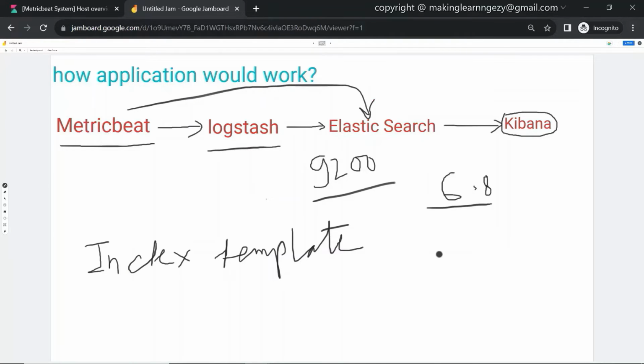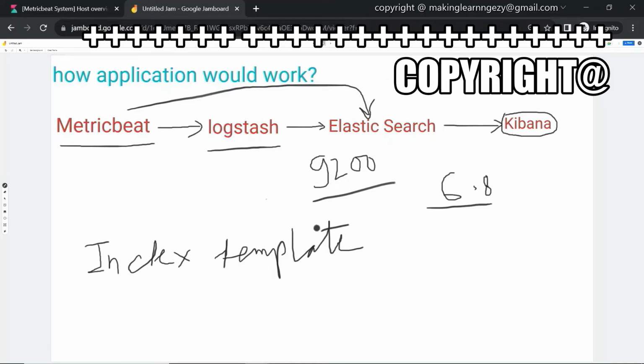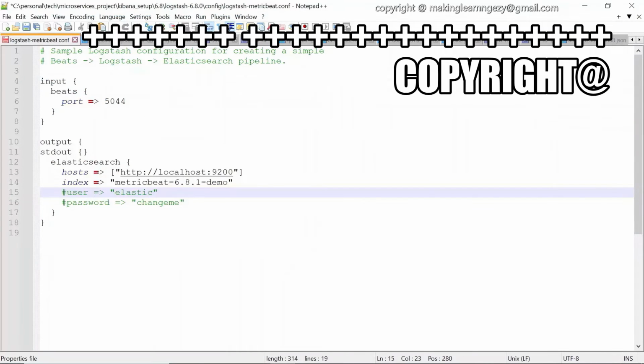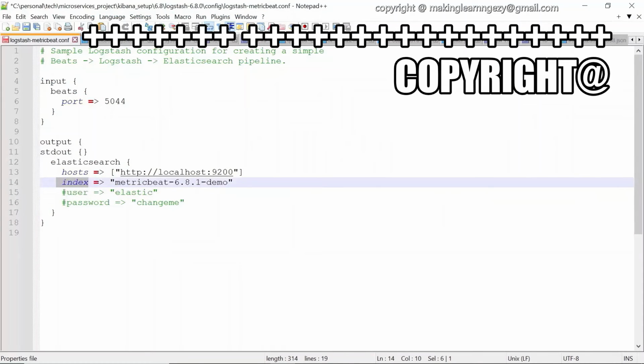One point I also want to highlight is related to index creation. When Elasticsearch creates the index, is it the developer who sends the request to Elasticsearch to create the index, or is it done automatically? Let me explain that also. In the Logstash configuration file, you might have noticed that we mentioned the index and the name of the index.